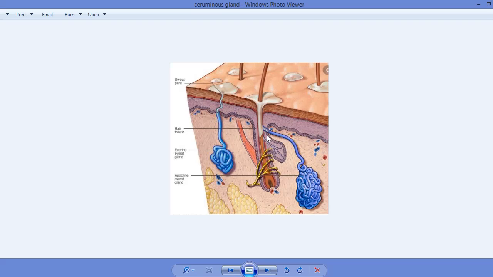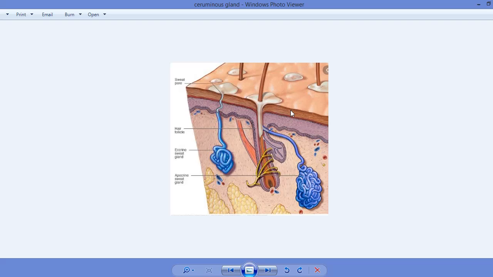And the ear also has the sebaceous gland. The sebaceous gland secretes sebum, and the ceruminous gland secretes cerumen. So the cerumen, the sweat, and the oil, which is the sebum,